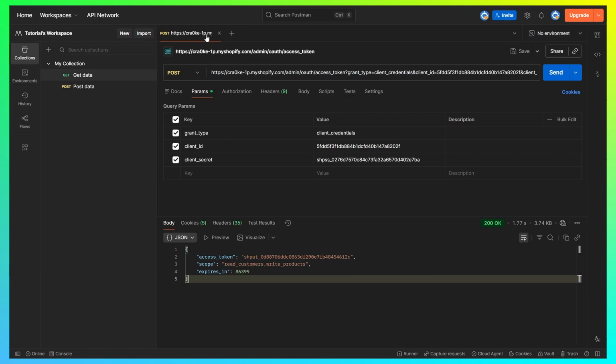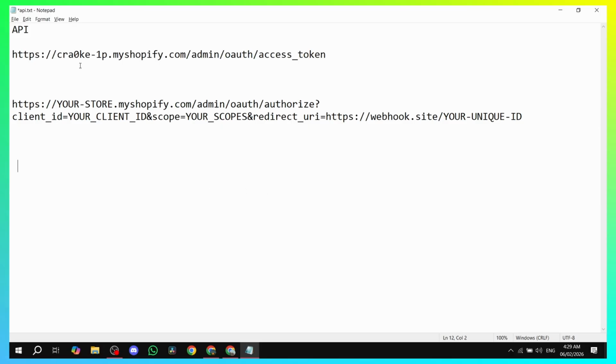Obviously, don't remove this from the top. Just keep it as it is. Do not remove it. If we are going to add another post, you simply just click on the create new request. Do not remove this. Anyways, now we're just going to go back to our notepad or our document, and we're going to adjust this